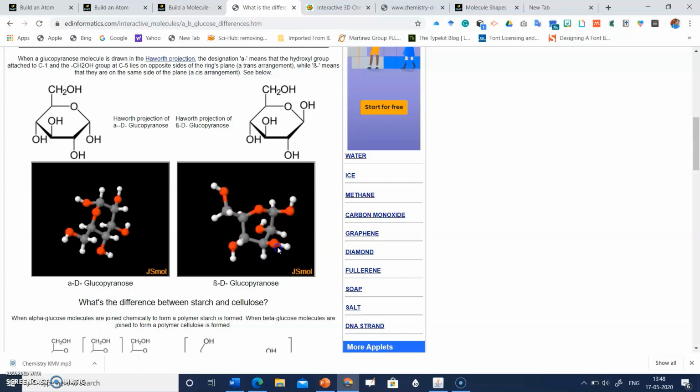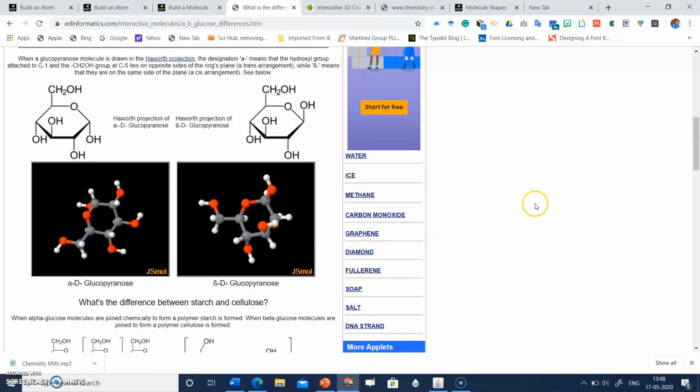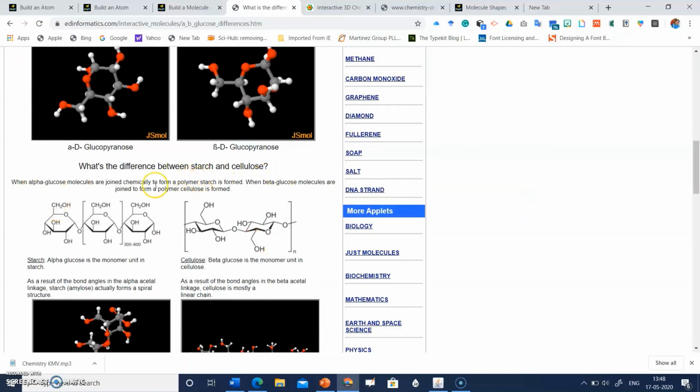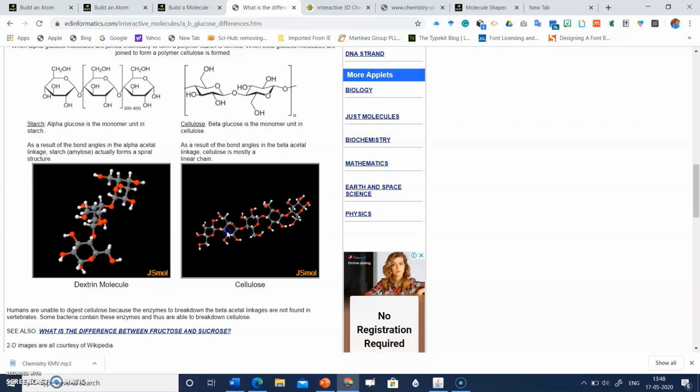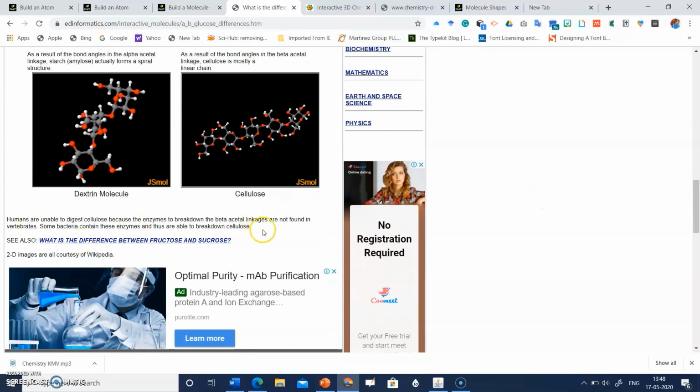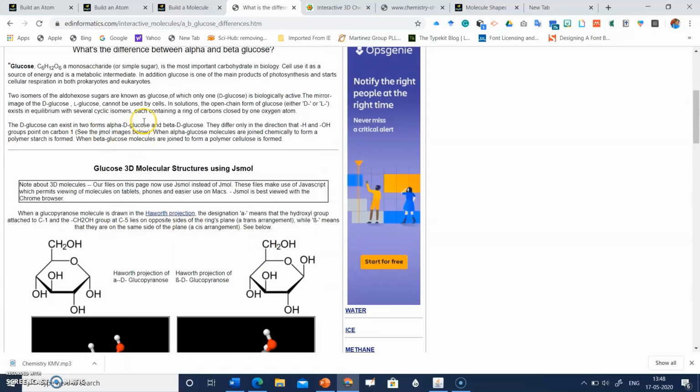They can just have fun with all these molecules in this 3D window, and they have so much information about these molecules, right? This is the dextrin molecule if you are teaching biomolecules, etc. You can share this link with your students.